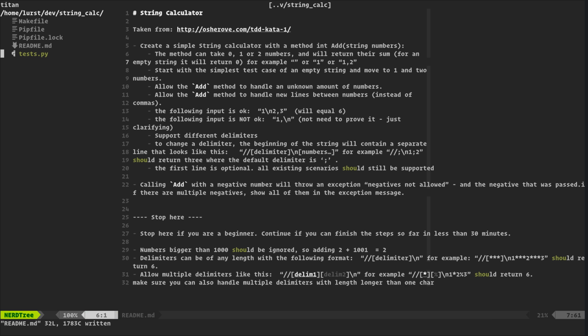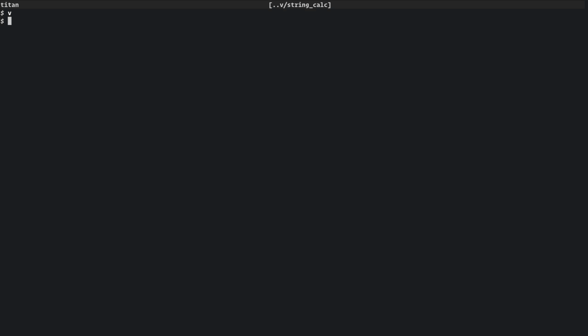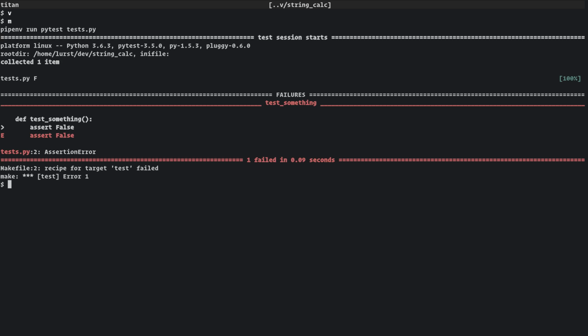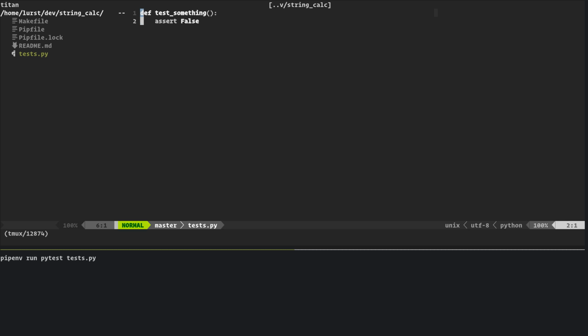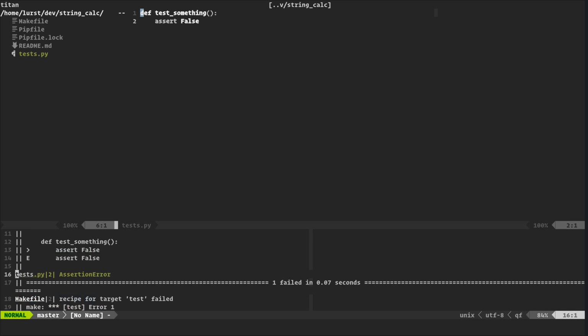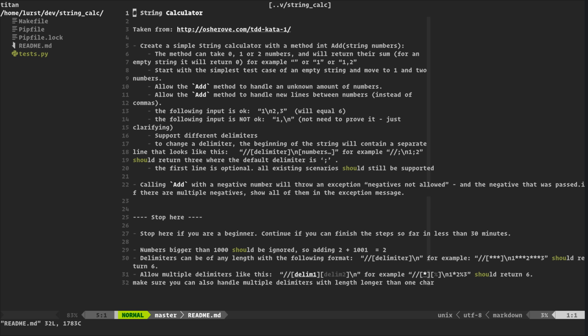And we have some test file, which just has the test something. I'm going to show you how I usually do this stuff. So I can Control Z, and if I press M, which is make, I have a makefile that runs the test for me. As you can see, it runs the test, and this is failing because I wrote assert false. That's just to get us started. Now if I go back here, I can also do this, and it runs the test for me, and we can see it here in Vim. So I may do one or the other depending on how I feel. So deal with it.